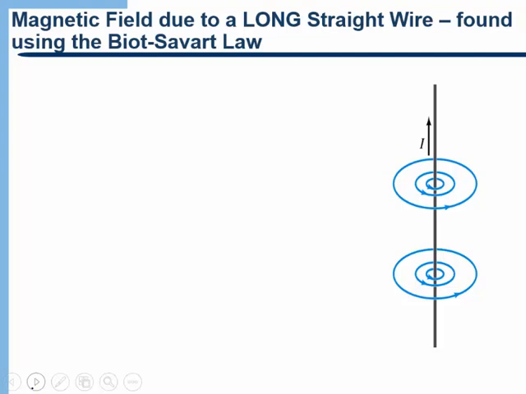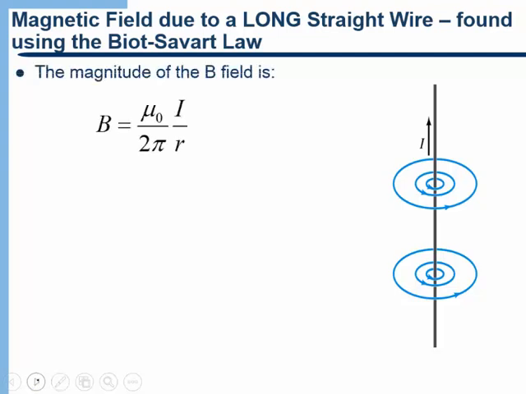But first, I want to tell you what the magnetic field created by a long straight wire is. In the textbook you can read through how to derive that with the Biot-Savart law, but I'm just going to give you the result. The magnetic field of a current-carrying wire is mu naught I over 2 pi r. Remember that mu naught